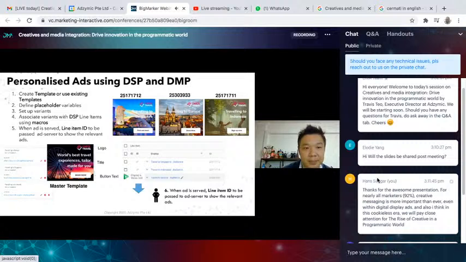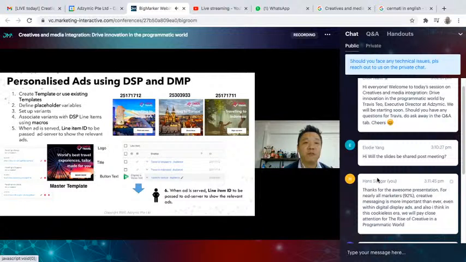This is actually just an example. I just want to give a quick example of how a typical scenario will look. For example, if you are a travel client and you want to promote different destinations to the audience. Sorry that I'm still using travel this time, but I think this is a very good example that I want to use. So first of all, I think we need a creative agency to come up with a